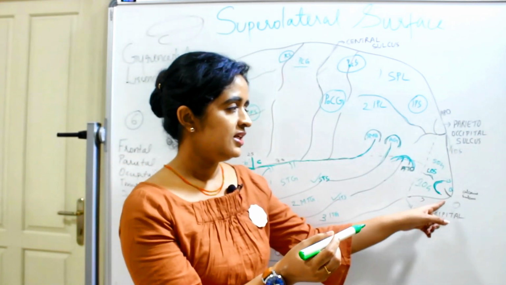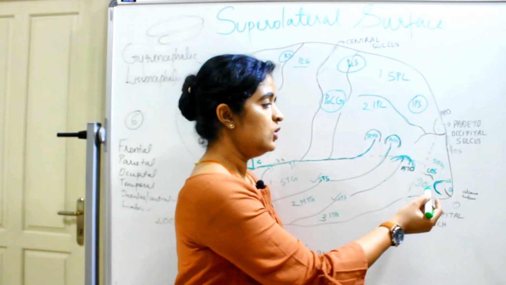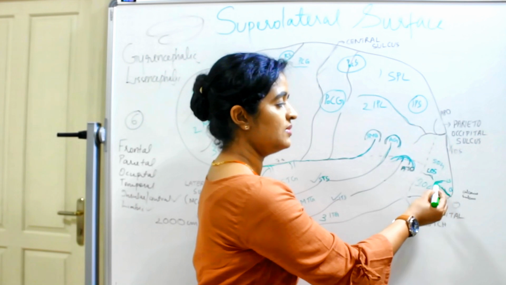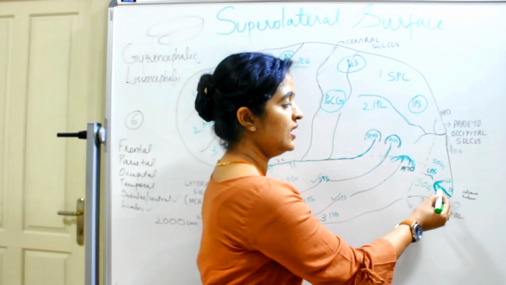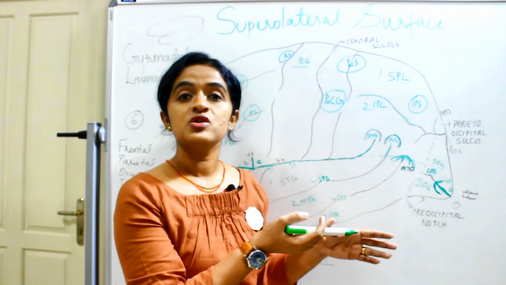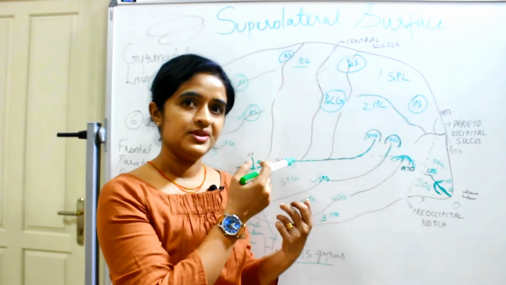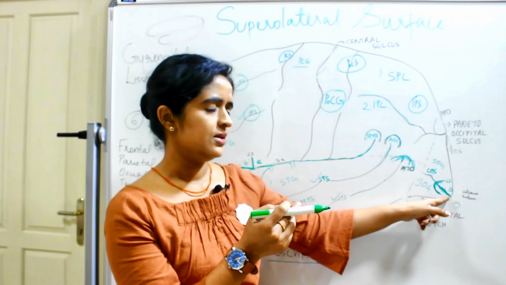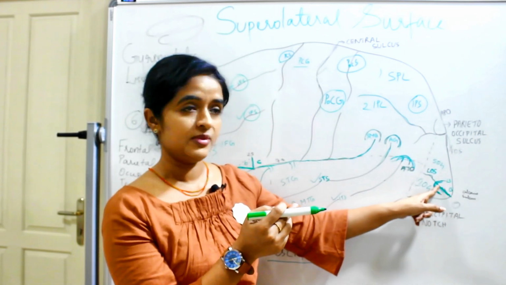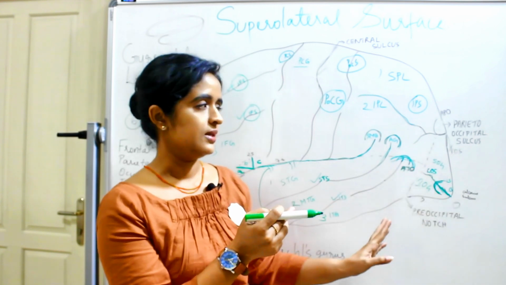And from the tip of the occipital pole, you can see a sulcus extending onto the superolateral surface, and sometimes it will just go and meet the lunate sulcus like this. So this is actually the continuation of the calcarine sulcus from the medial surface. A bit of it you can see here. That is the calcarine sulcus, which sometimes meets the lunate sulcus.